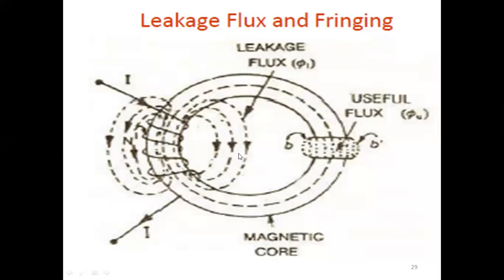So according to the principle of the magnetic circuit, the magnetic flux, we have discussed so many problems, we took the magnetic flux at the center only. Yes, center of the core, the magnetic flux will be considered. Yes, that is the intended path. Our path of flux should be at the center of the core only. Then only we can use the application as motor, generator, transformer, and all the things here now. So you will consider at the center of the core, we will consider that is useful flux only. Other flux we are not going to consider. Somewhere it is there, but other flux we are not going to consider here.